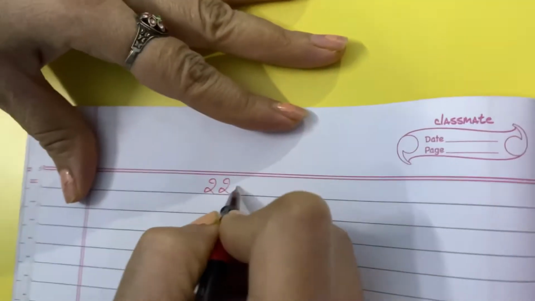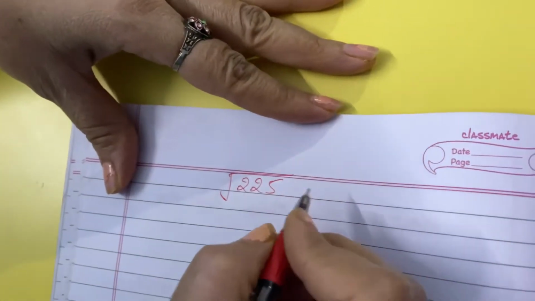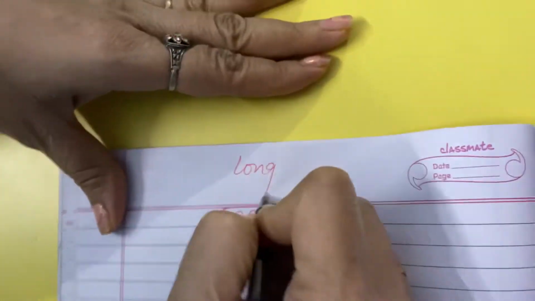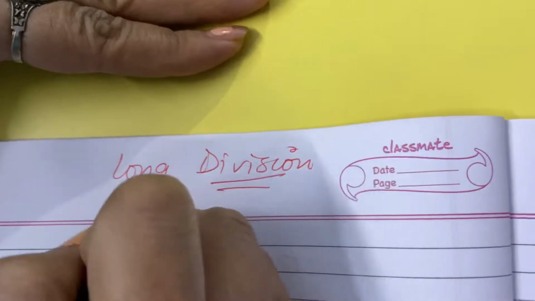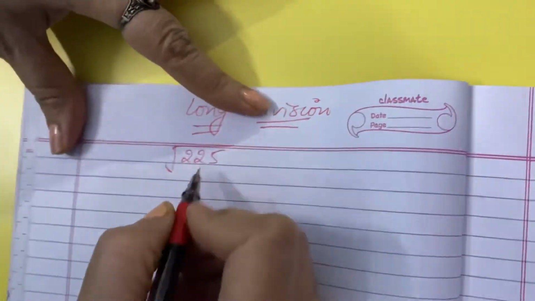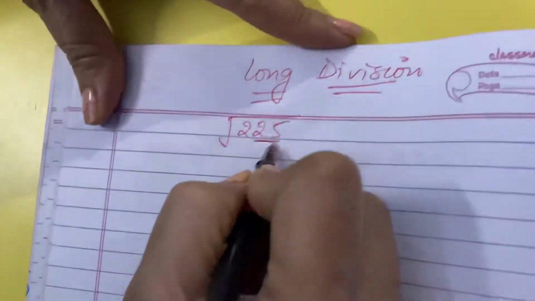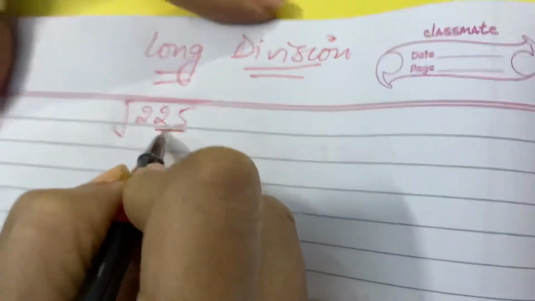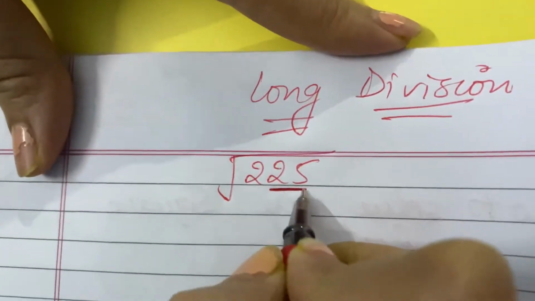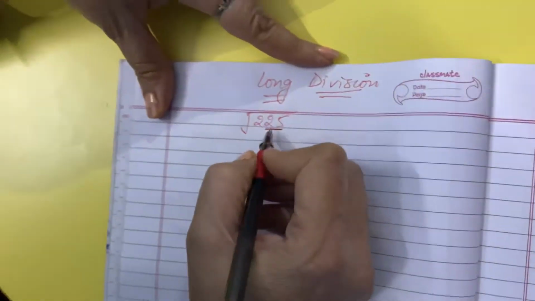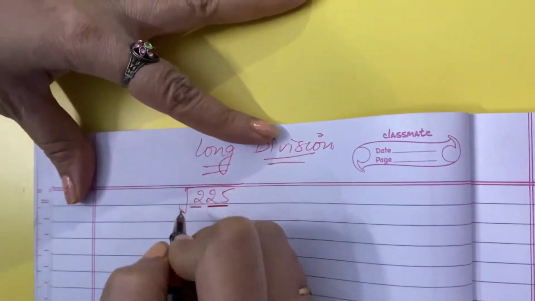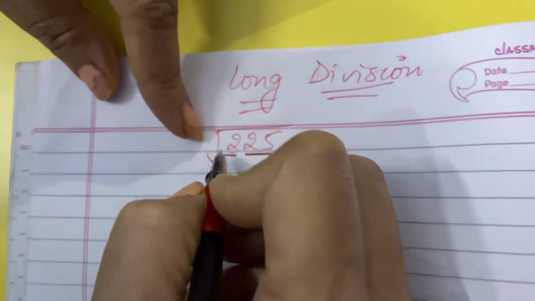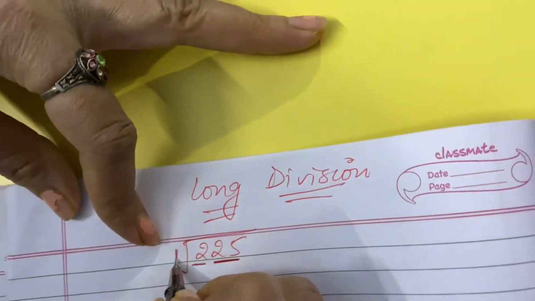Guys, we will find the square root of this number by long division method. So this is the long division method to find the square root. So first of all, try to do the pairing from behind. I have said try to do the pairing of numbers from behind. So 25, there is one pair of 25, and one number is left. So now write this number which is less than 2 in pair.